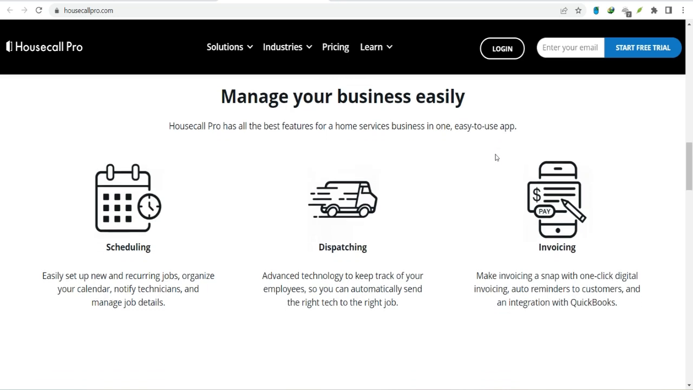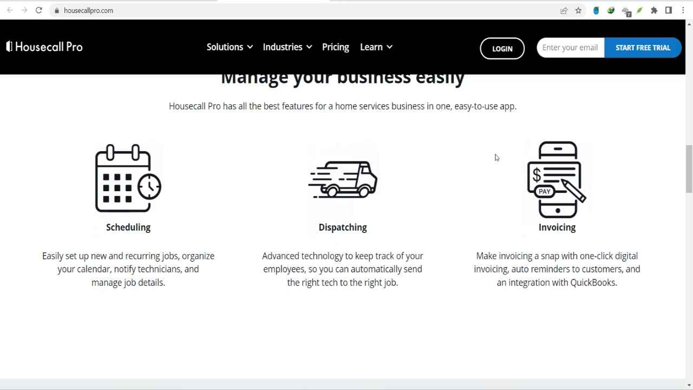But wait, there's more. Housecall Pro offers some advanced features that can supercharge your time tracking. Geolocation tracking. Verify employee location through GPS to ensure accuracy. Job-based time tracking. Accurately allocate time spent on